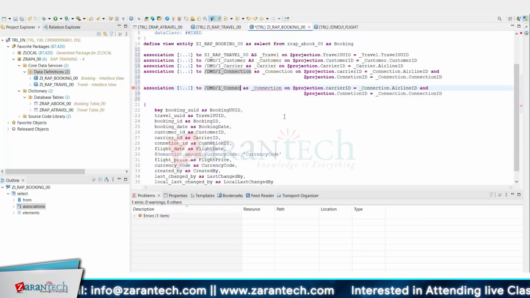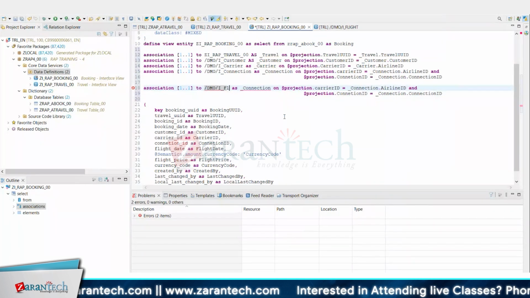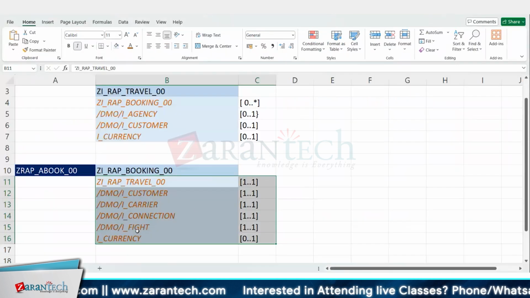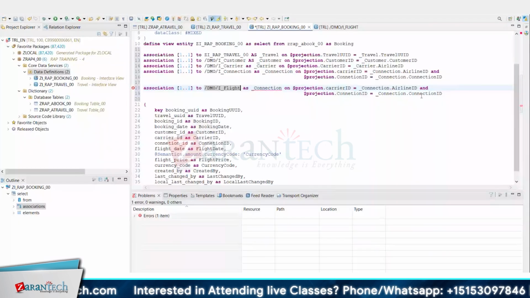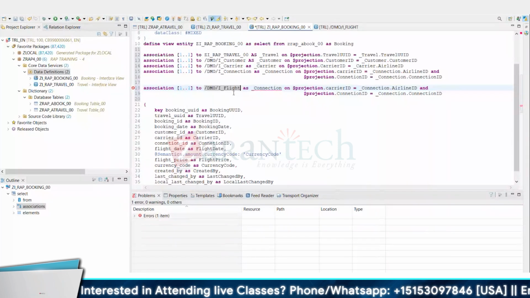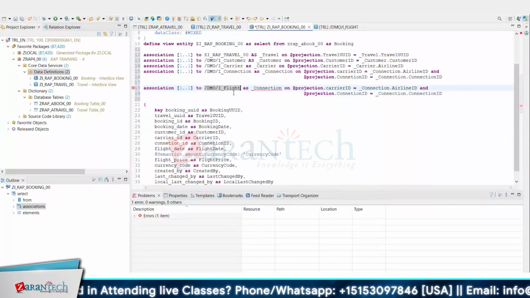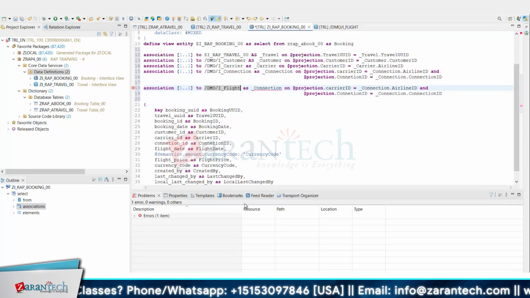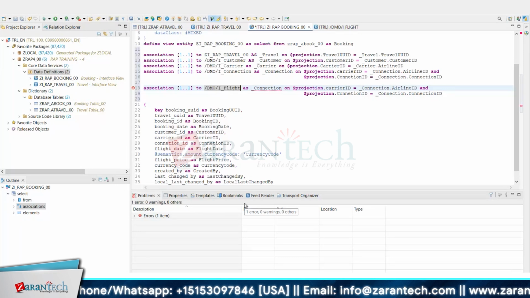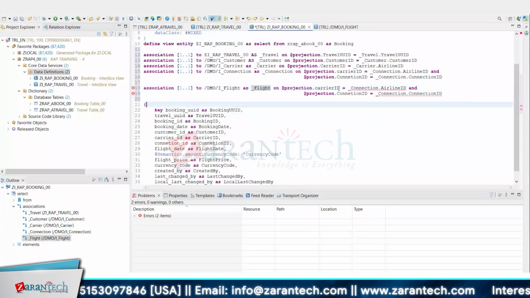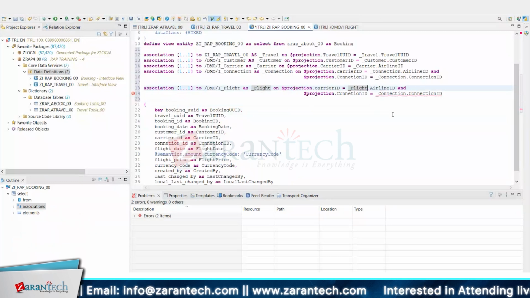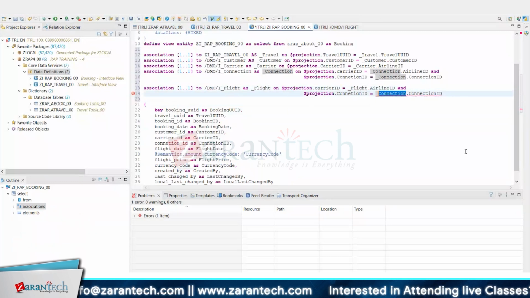So now we are writing another association to I_flight. In my Excel sheet, this one has two key fields and this one has three keys. Do we have an OR operation in this? No, joins should match with AND only. A join condition while fetching the data should satisfy both key fields, so there's no meaning in using OR. We always write it with AND: _Connection._Flight.carrier ID is equal to _Flight.carrier ID, and _Flight.connection ID